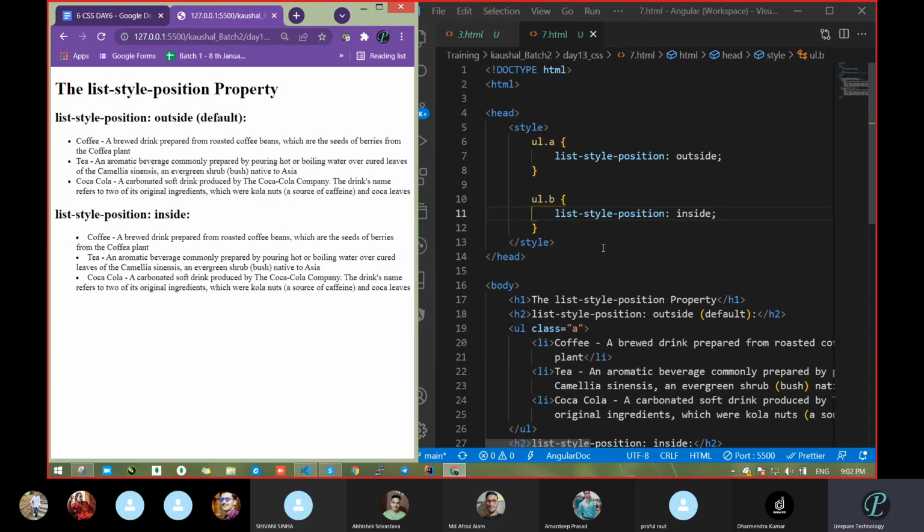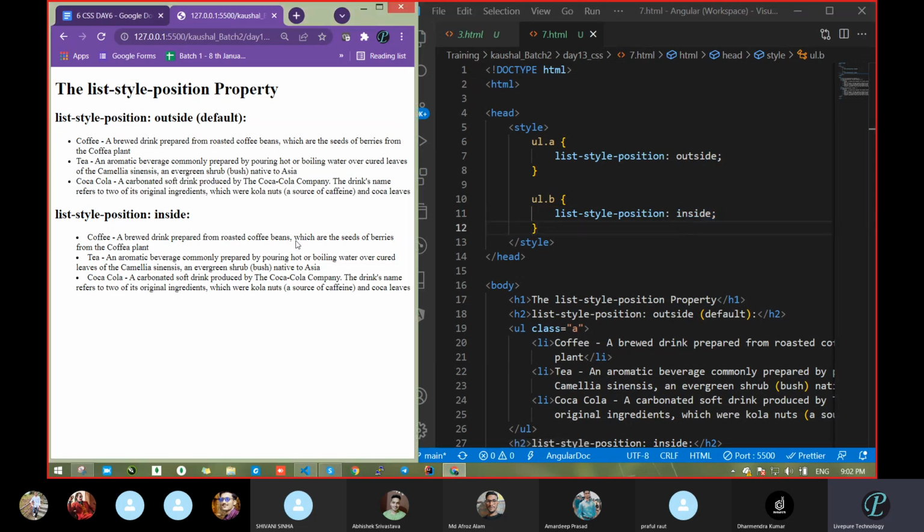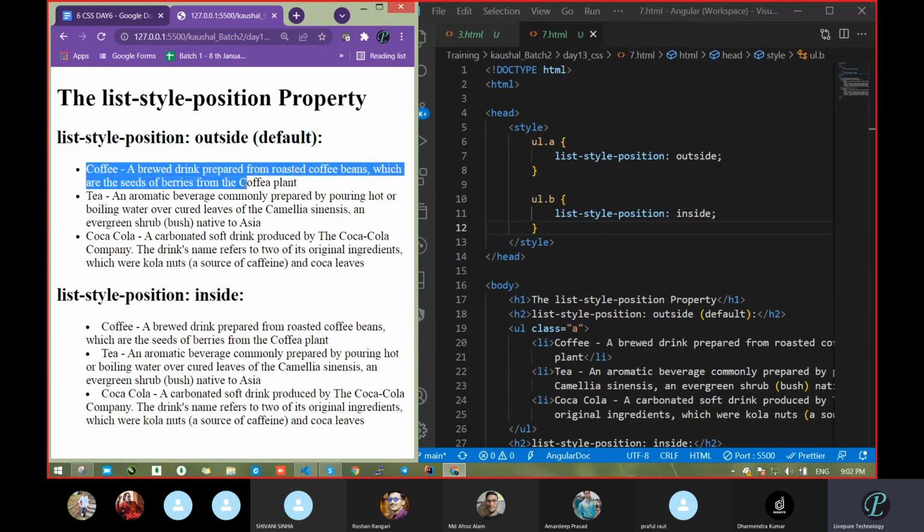See here, in the case of list-style-position, what is that position? One is outside and one is inside. Two types are there. What are you observing in both cases? See, what you observe here: all text starts from here, but the bullet sign is outside and the text is inside.